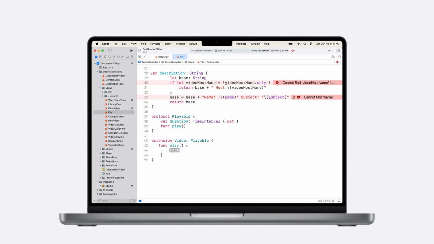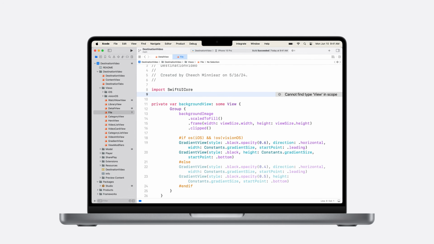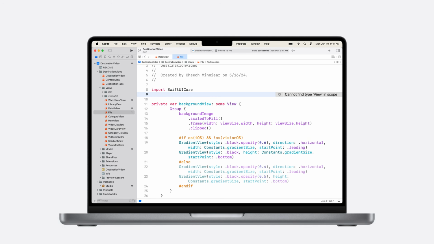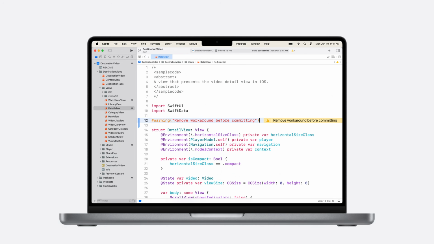Fix-its offer suggested fixes for syntax errors as you write code. When the issues turn gray, that means you've changed the file since the issue last refreshed. If the issues disappear, you're in the clear. But if they stay, you'll have to try again, my friend. You can actually insert your own warnings as a form of task management. Type this mark, #warning with a message, into the editor.